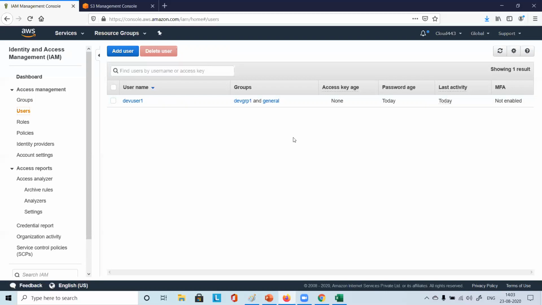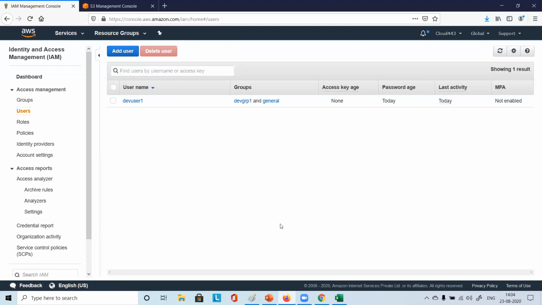This user became part of two groups. Now, this group is giving him the flexibility to work on S3 buckets, except that he cannot delete them. The general group is trying to grant him some access related to IAM.